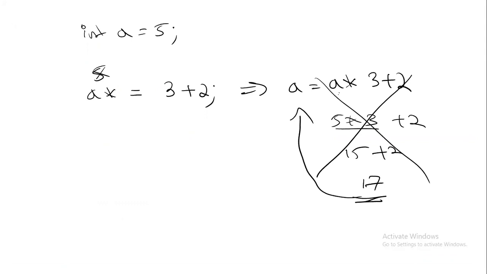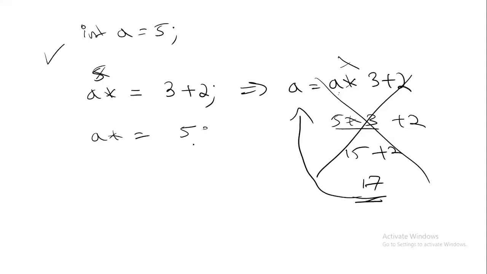Yes, is that clear? So it will come to the left hand side only if it evaluates the right hand side. That is how your assignment operator works. Which means this is wrong here. What's the right thing to do? The right thing to do is 3 plus 2 should happen first. What is 3 plus 2? That is 5. So A *= 5 will happen.